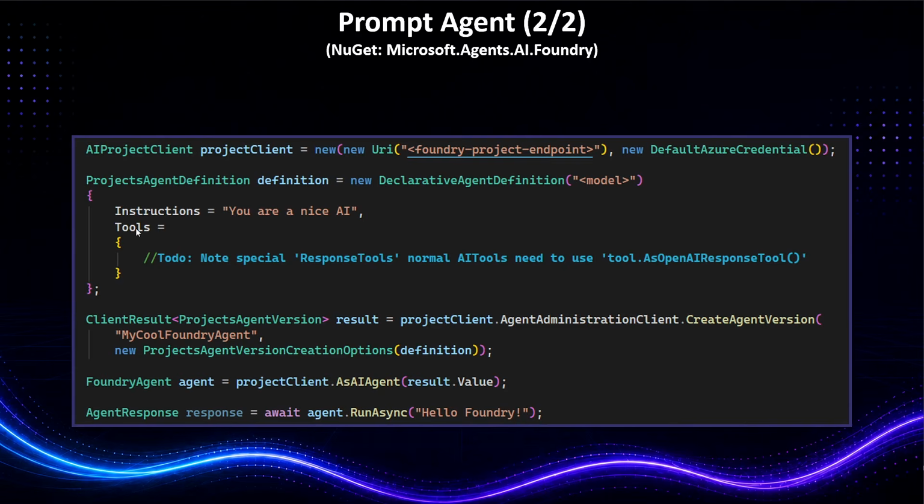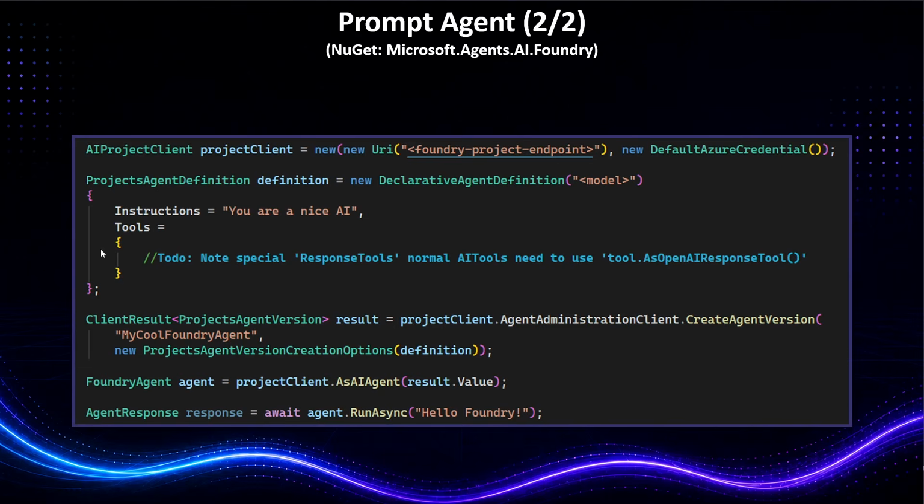Be aware that these tools are not the normal AI tools we usually use, but something called response tools. And if you have an AI tool that you need to put in here, you need to say tool.AsOpenAIResponseTool, and then you can get it in here. But here you can also add the web search tool, the code interpreter tool, and so on and so forth.